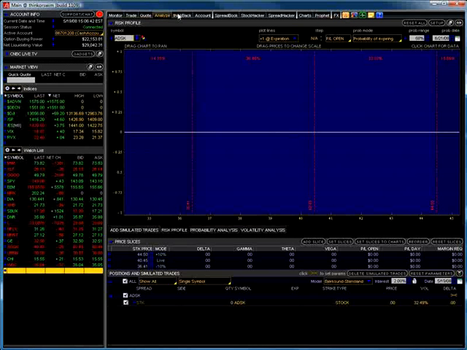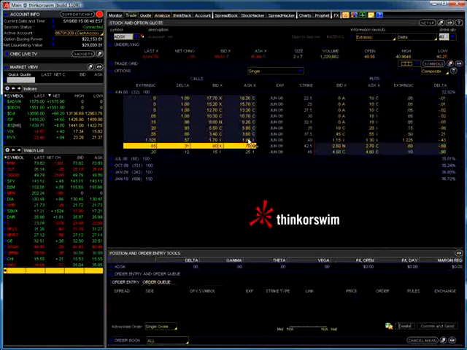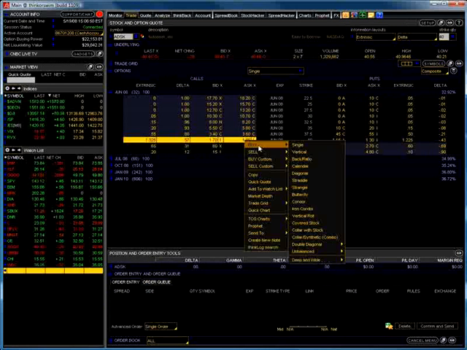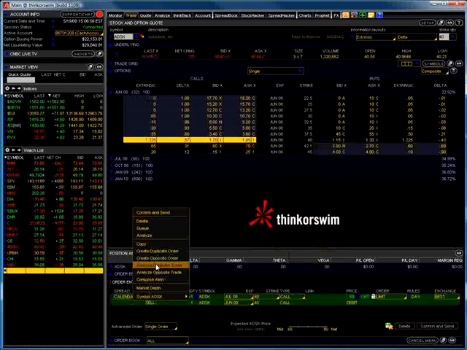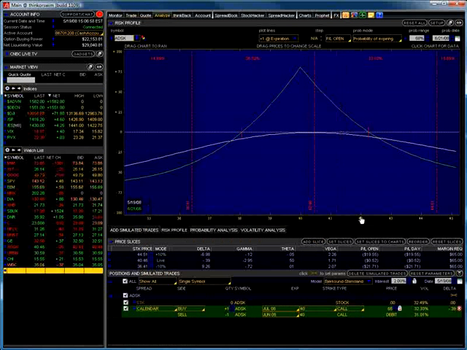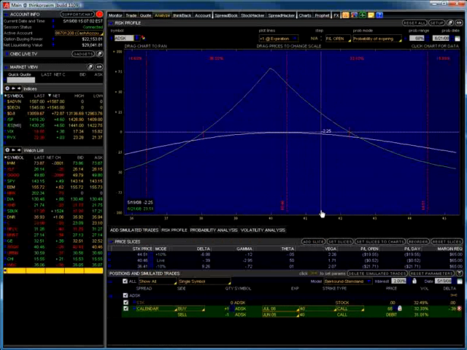Let's do this. Let's close that out, go back to our trade tab. We're trading right at 40 now. Let's see if we can't get a calendar at least at the 40 strike price. That doesn't look too bad at all. So what we've got here